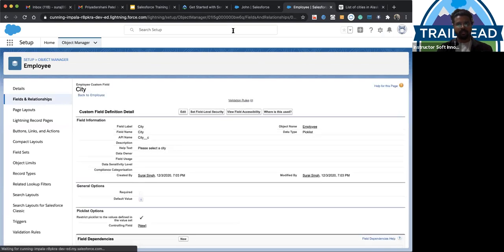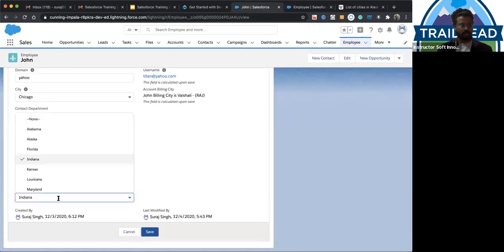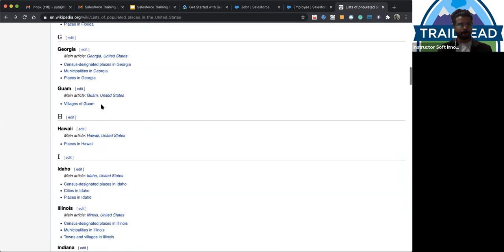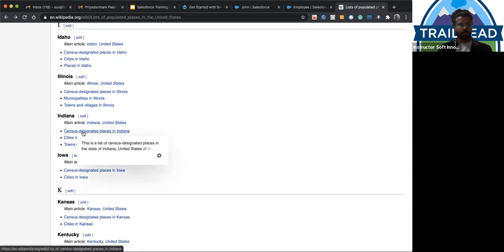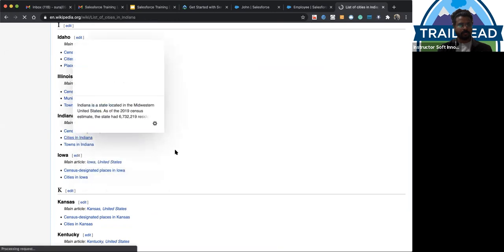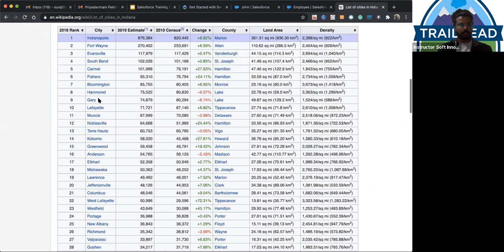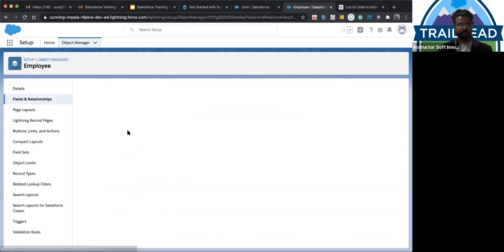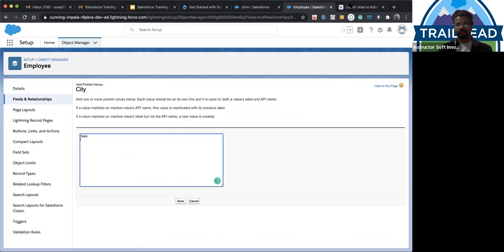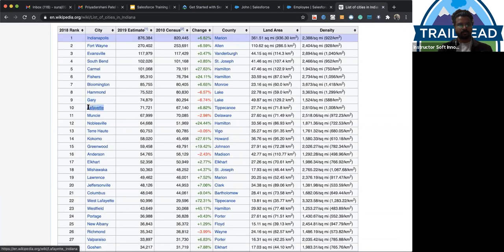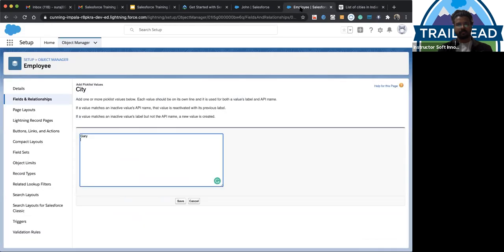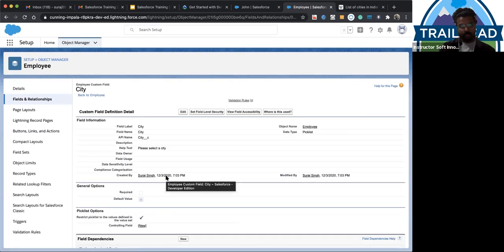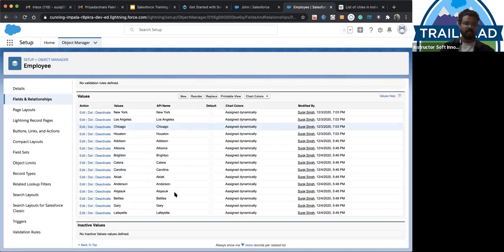Then let's add one more, for Indiana. Okay, for three states, I added the pick list values. You can add multiple while you are testing.